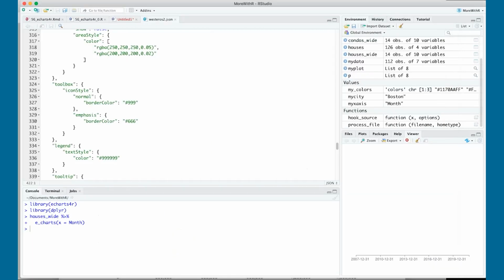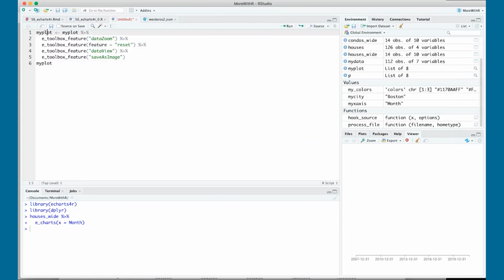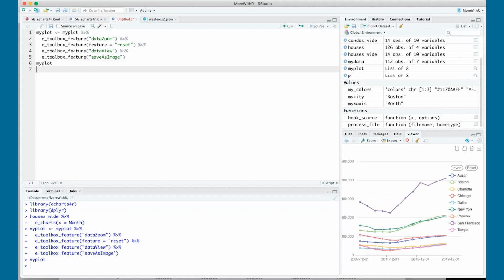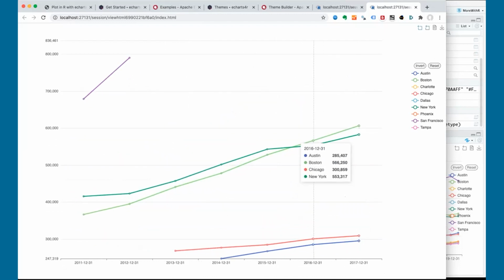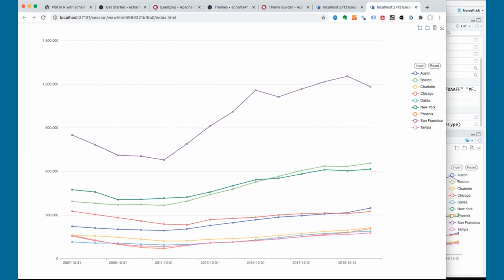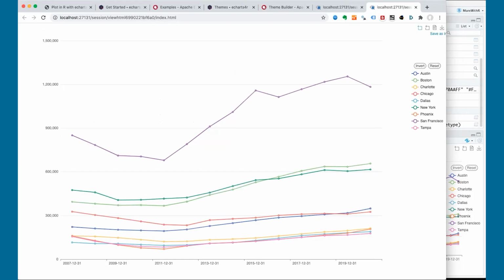So let me open RStudio, paste that code in, run that graph, and open it in a browser window. If I click zoom, I can click and drag to zoom, and reset resets the graph. Clicking the data view lets me see all the data behind the graph. I could even copy it and paste it back into another analysis program like R. I can close that, and this will let me download.